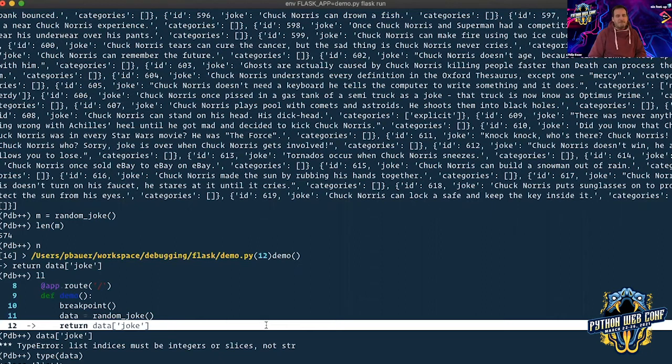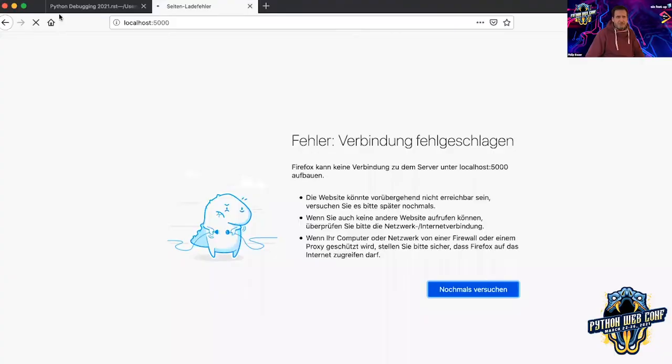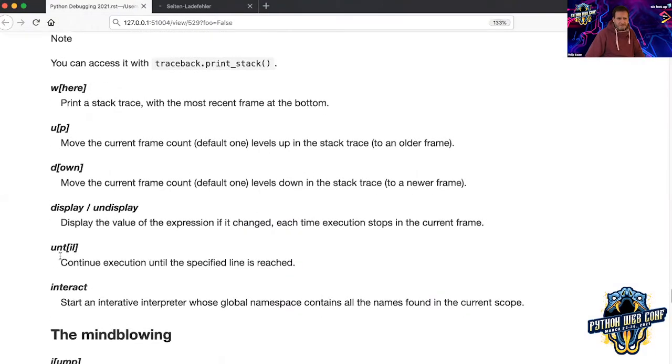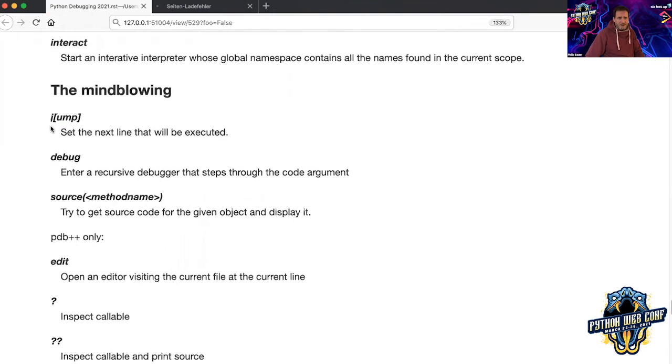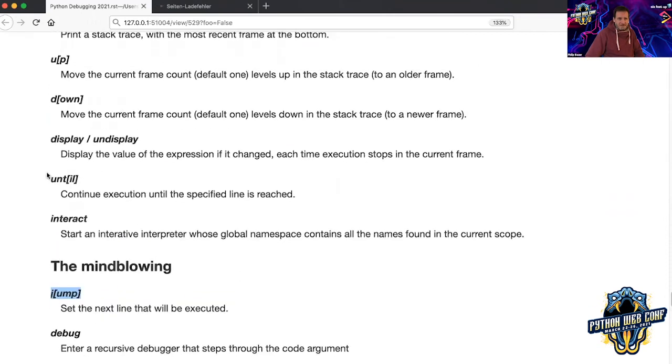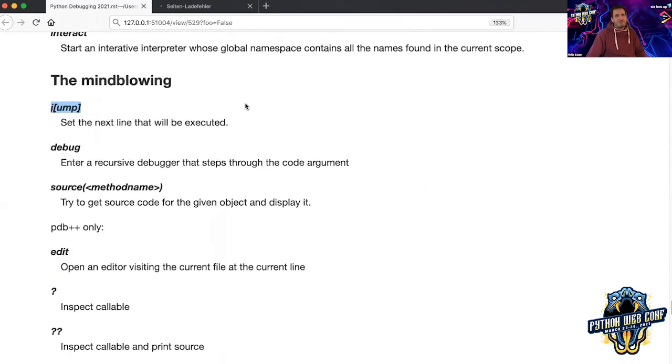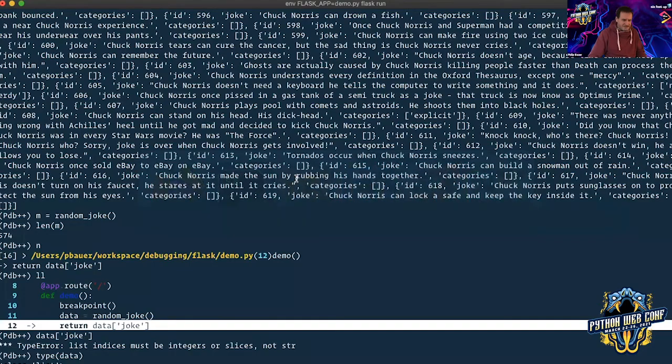I could do one of two things. Crap, that was good. I'll go back to until, because that's very important. But now I'm going to use jump. Jump, this is a J. For some reason, it's not readable. It's a J for jump, and it sets the next line that will be executed. And if I say jump and I say this line, 11,